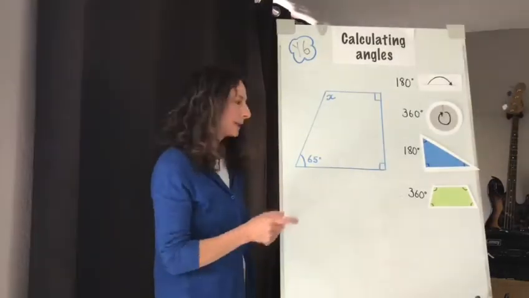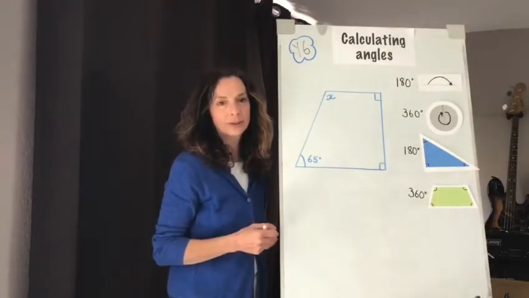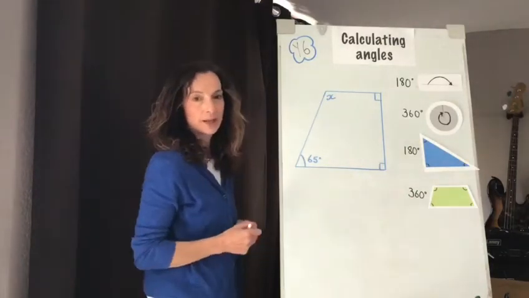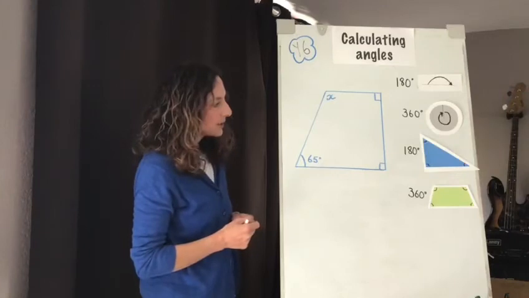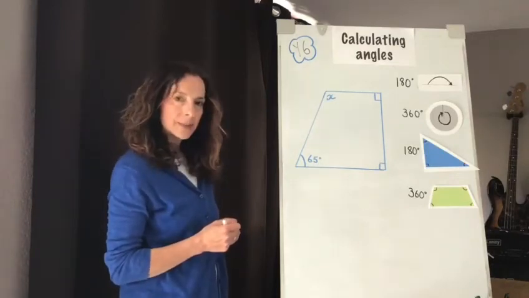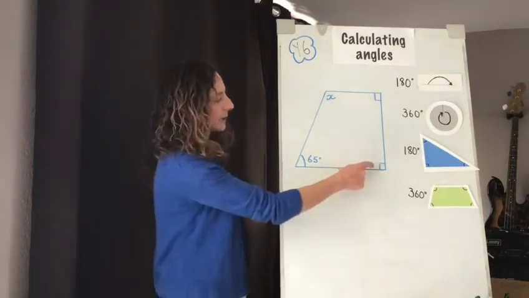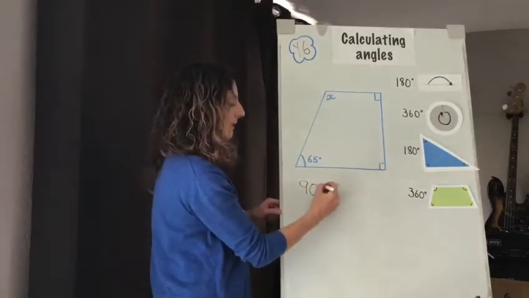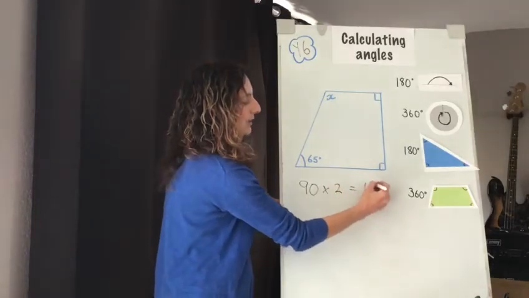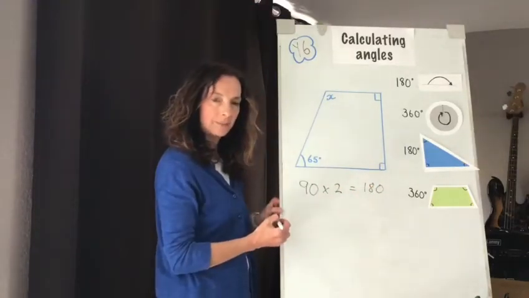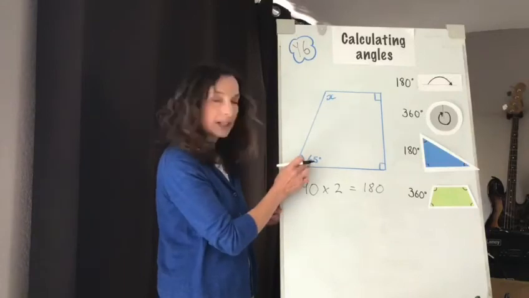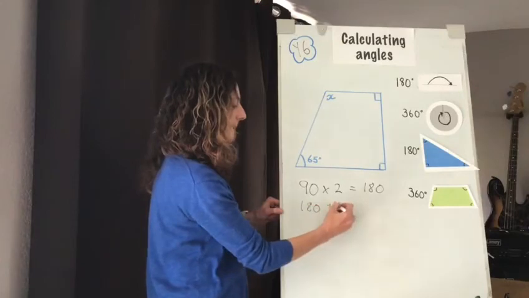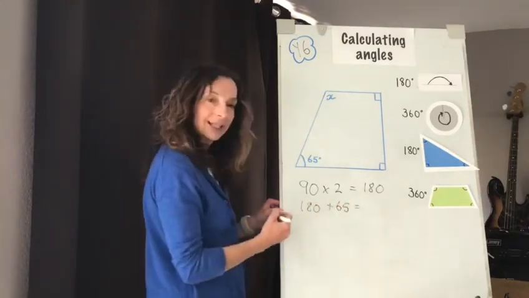Our final problem presents us with a quadrilateral, and we know that the angles of any quadrilateral always add up to 360 degrees. So have a look and have a think about this one. We can see that we've got two right angles. So we're going to start by multiplying 90 by 2, which gives us 180. We've also been given the value of this angle, which is 65. So we're going to add 180 to 65, and that gives us